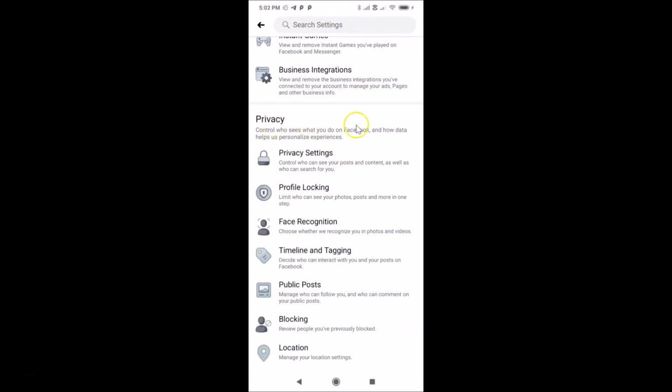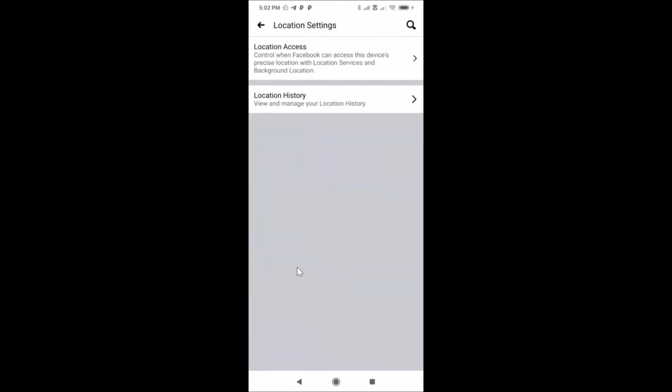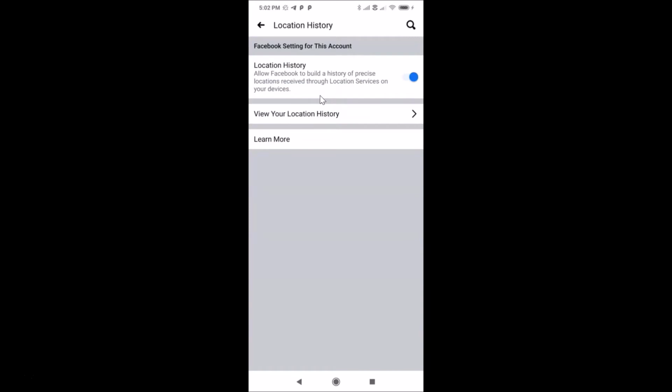So here I have this privacy section, and in this privacy section you have to find this location. Okay, after finding that, just tap on this. Okay, so let me tap on the location, and here I have this location history, so you have to tap on this location history. Okay guys, and you can see guys, here I have this location history toggle enabled, and